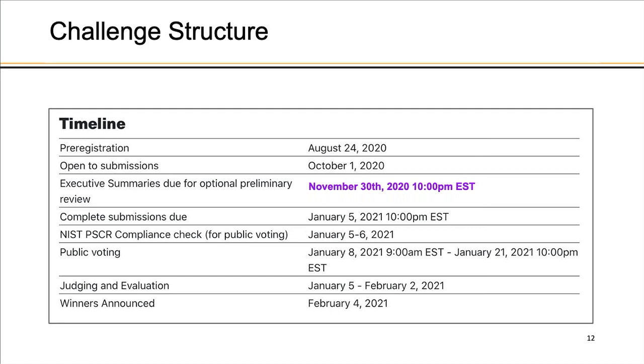On November 30th, if you submit your executive summary, a little 2-page summary that says basically what your metric is, what the idea behind it is, and gives a real-world use case, we'll give you feedback on it. So just a few high bullet points: what we think looks neat, questions and curiosities we have about it, and we'll get that back to you while you've still got plenty of time to take that into account